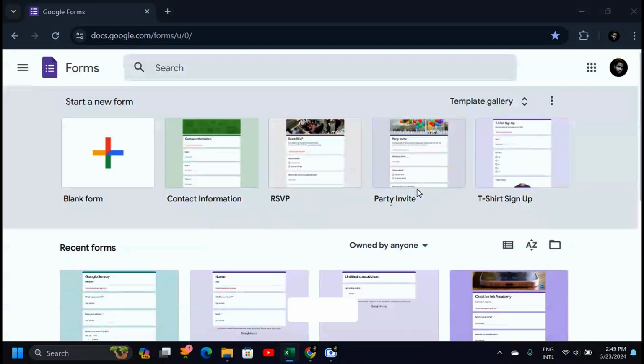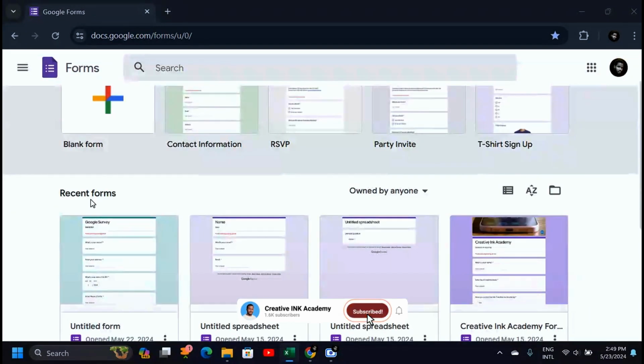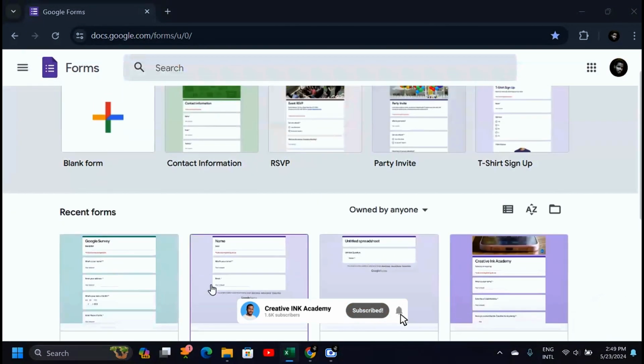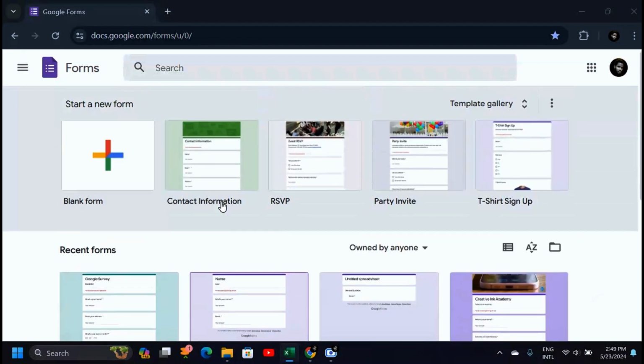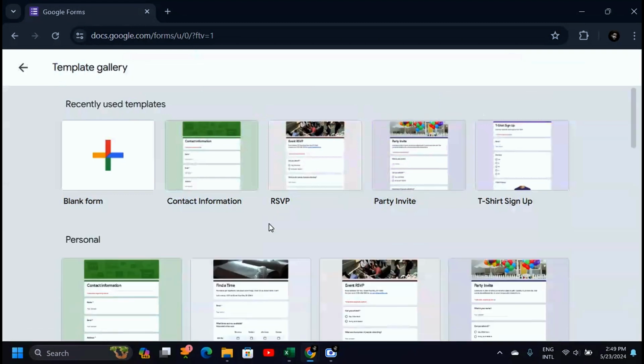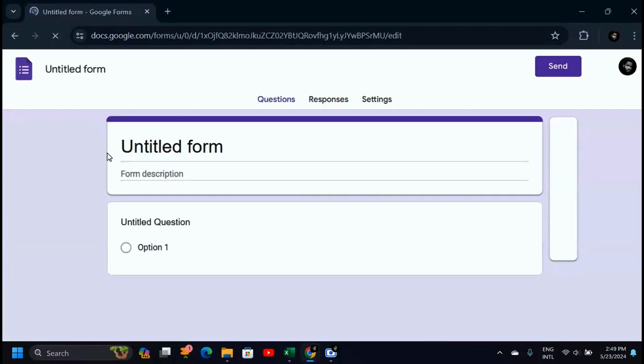And when you are here, you're going to see different templates and also the recent worked on documents, which means forms that you've created in the past are going to be here, and also the templates. And you have the template gallery here. You're going to see different templates you can work with. In our case, we want to create a survey. So you click on the blank form here to create a survey,